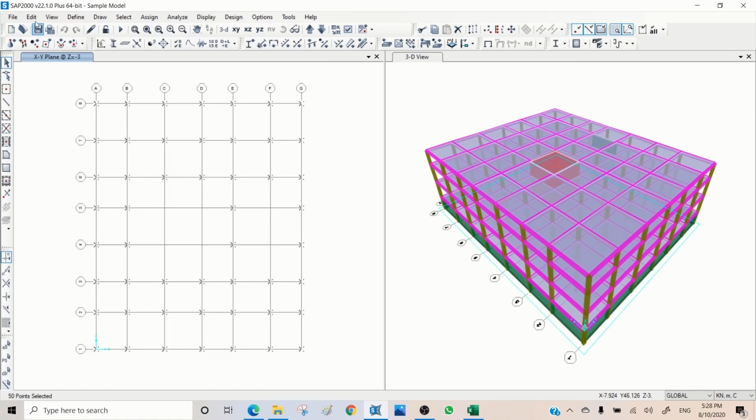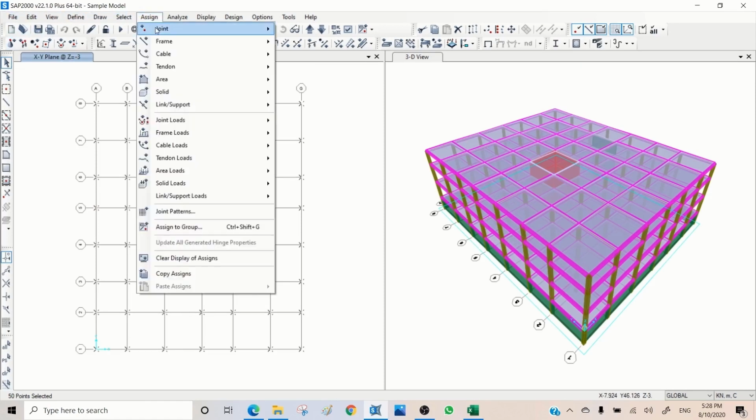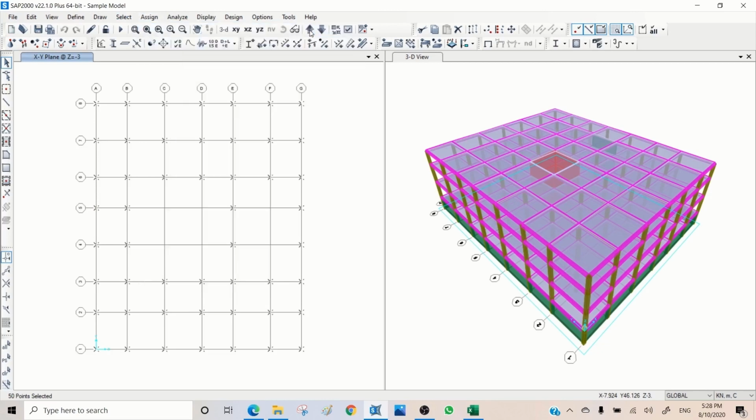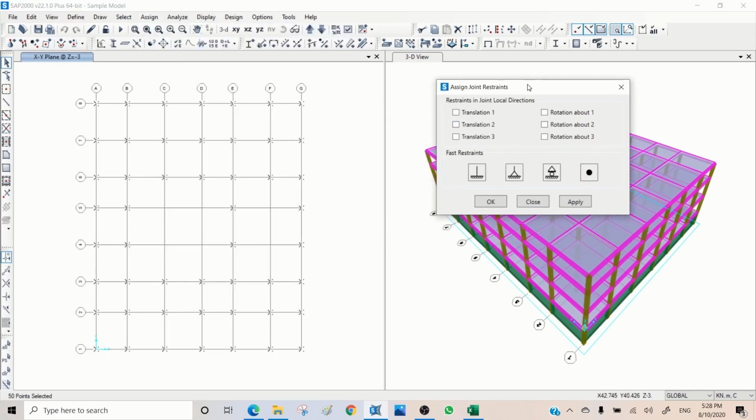So I come here and assign support, or I can go to Assign, Joint, and Restraint. Here I say I want to go for a moment resisting connection. I click on this, so all rotations and translations are restrained, and I apply this. For the walls,